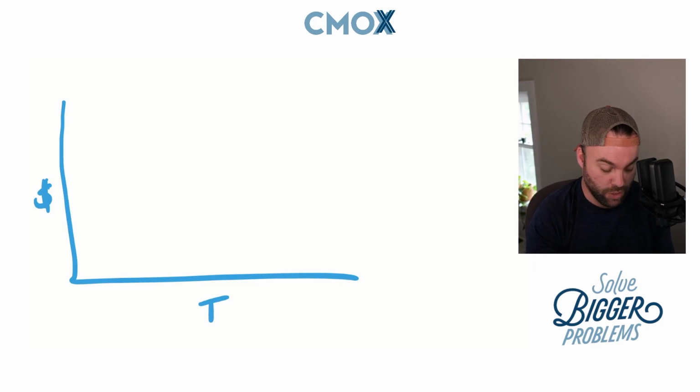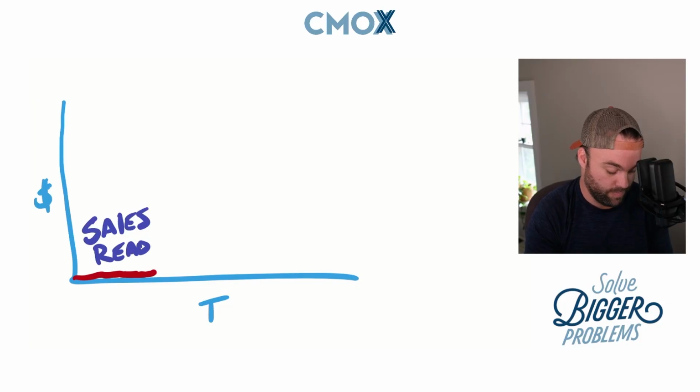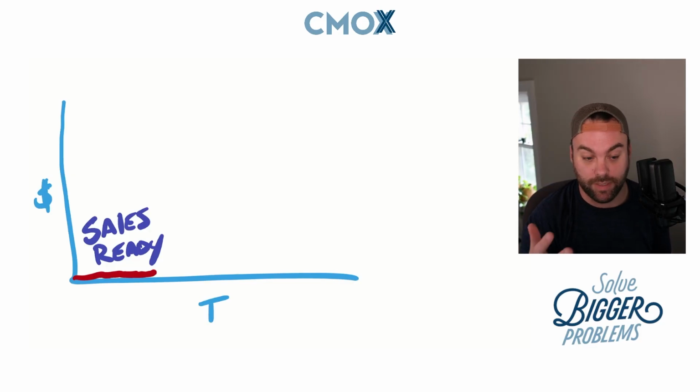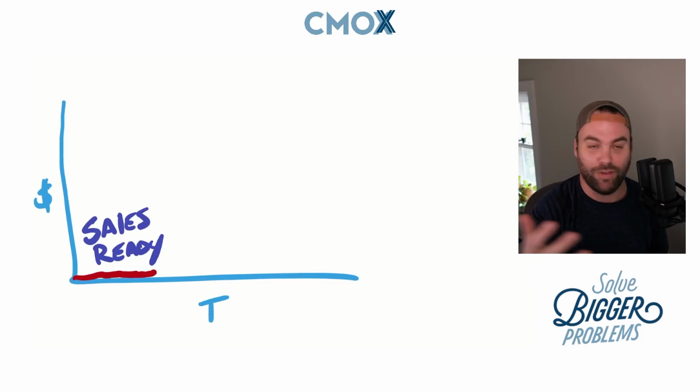So there's 3 distinct stages you're going to go through as a fractional CMO. Let's talk about them. So the first stage starts off where it takes time and you make no money. What is a stage where it takes time and you make no money? I call that stage getting sales ready. That is a very important stage. It's a critical stage, obviously. You have to be able to get sales ready so that you can take money.